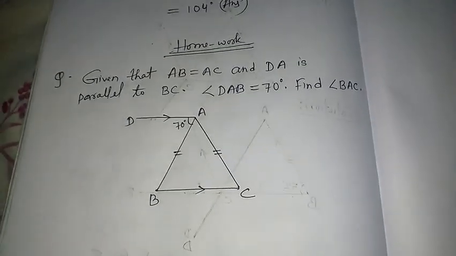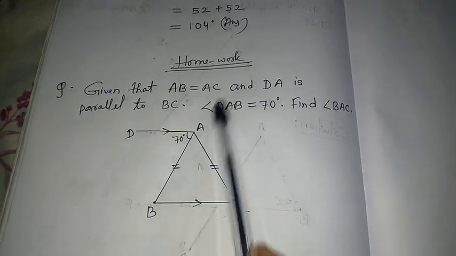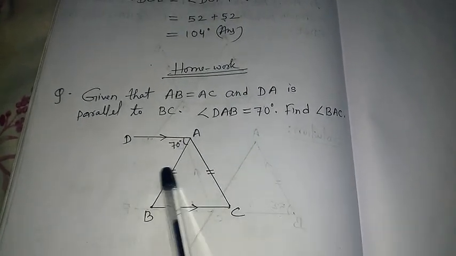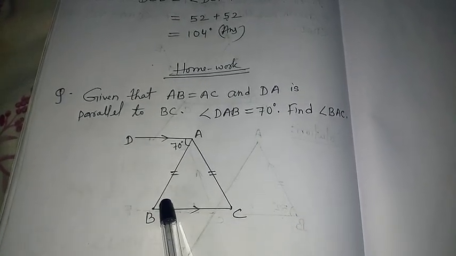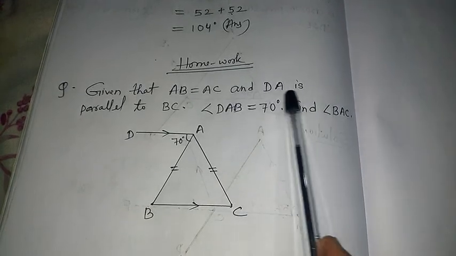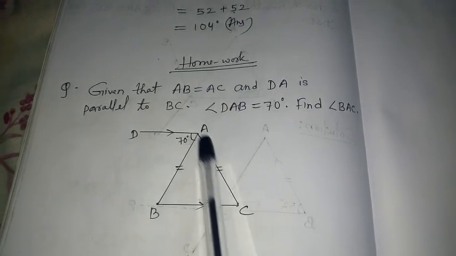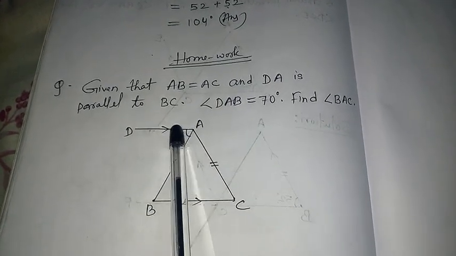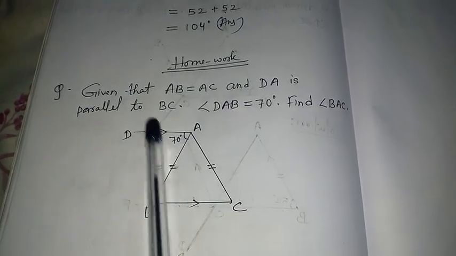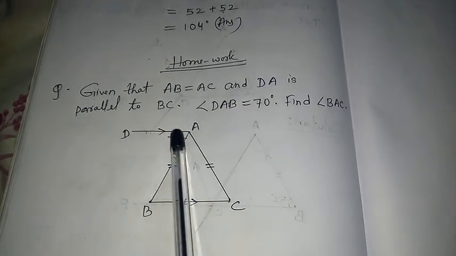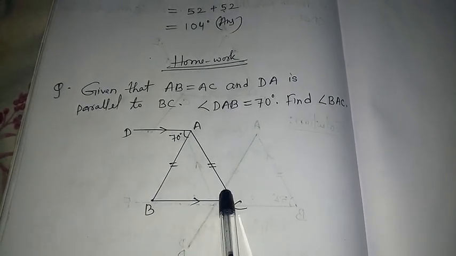So one question I have given you here as homework, children. I will give you a little bit of a hint. Here AB is equal to AC. So when both of them are equal, angle B and angle C will be equal. But angle B is unknown here. But the very good news is that DA is parallel to BC. When they are parallel and this is the transversal, then this angle and this angle will be alternate angles, not corresponding, alternate. You see the Z formation. This is called alternate angle. So it will also be 70, and when it is 70, this also will be 70.